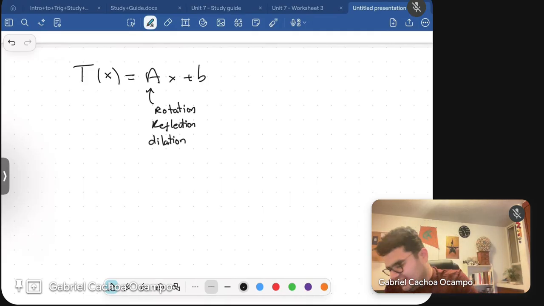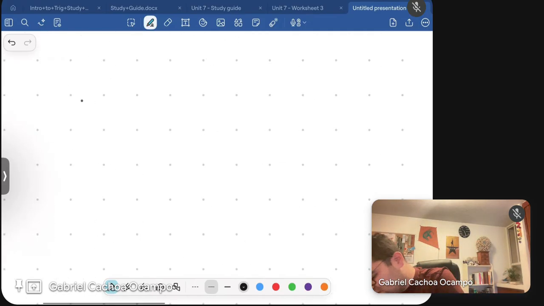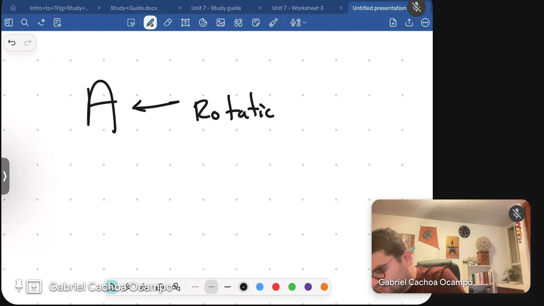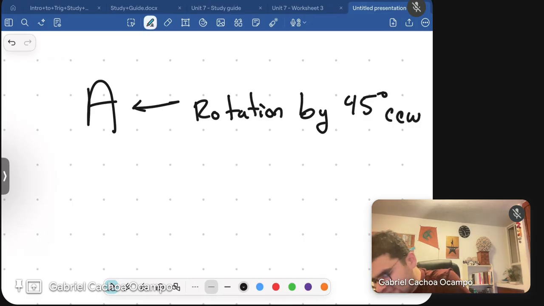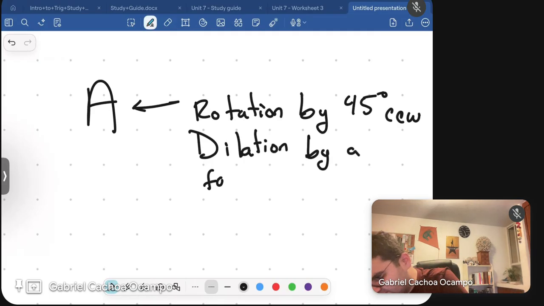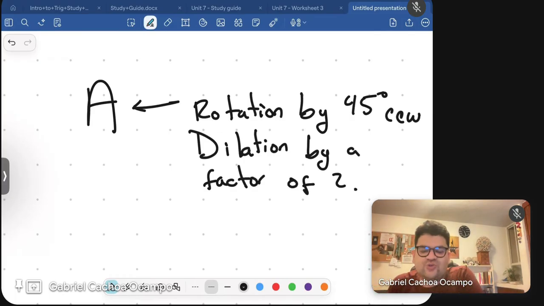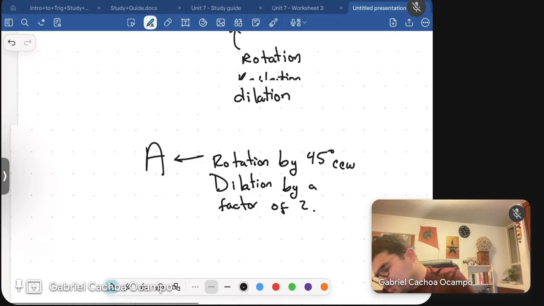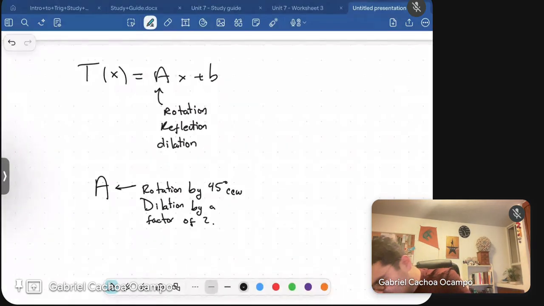I want A, for example, to represent a rotation by 45 degrees counterclockwise. And I also want A to be a dilation by a factor of 2. So I want these two things to happen at the same time. How could I code these two things